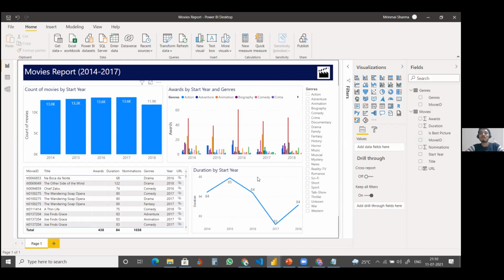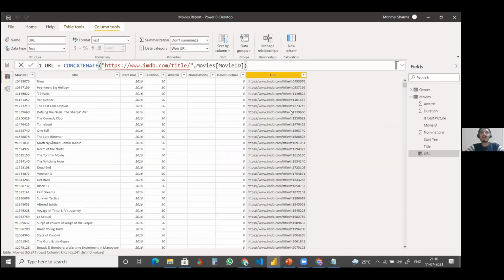So I talked about something called a measure, right? So what is a measure? A measure and a column are two things. They both are created using a DAX formula. But the difference between a calculated column and a measure is that a calculated column will add a column to your model, and it will be a physical column. This formula gets evaluated for each and every row. But a measure is just a formula that gets saved. So it's not increasing the size of your model,